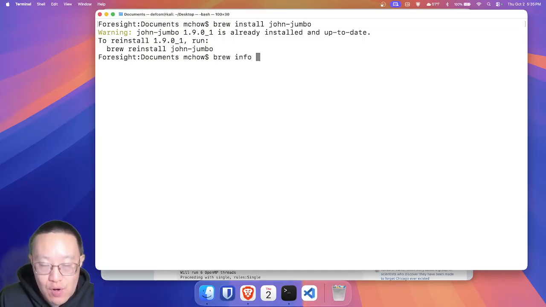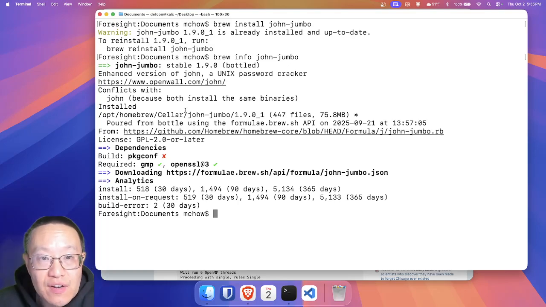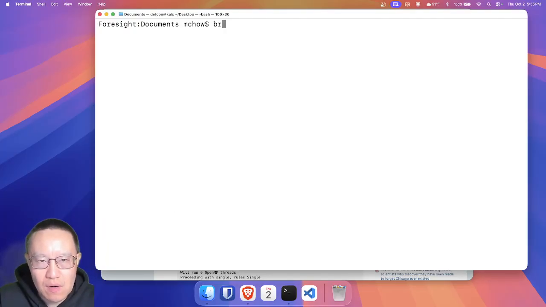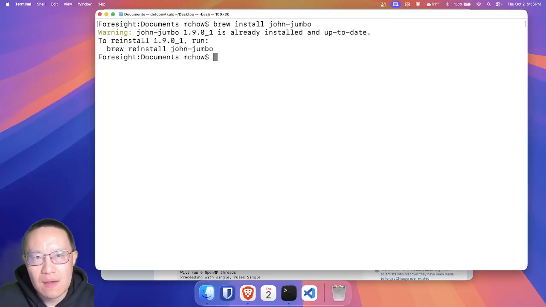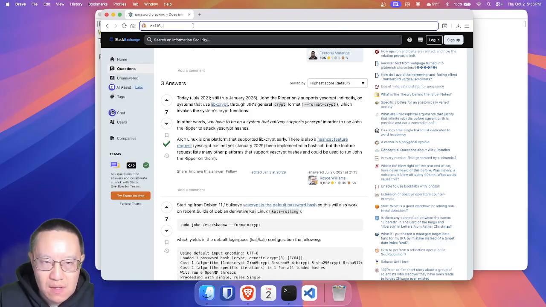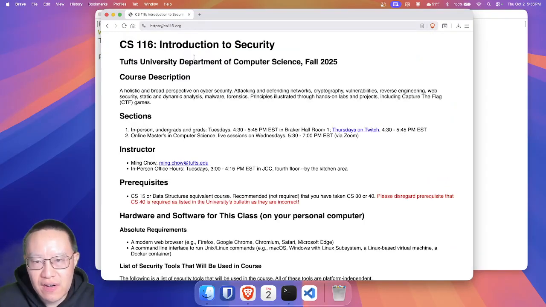So brew info John-Jumbo. It is John. So this is the really good version, the enhanced version of John the Ripper. Okay. This is an enhanced version. So brew install John Jumbo. Now the one thing is, let's go to CS116,